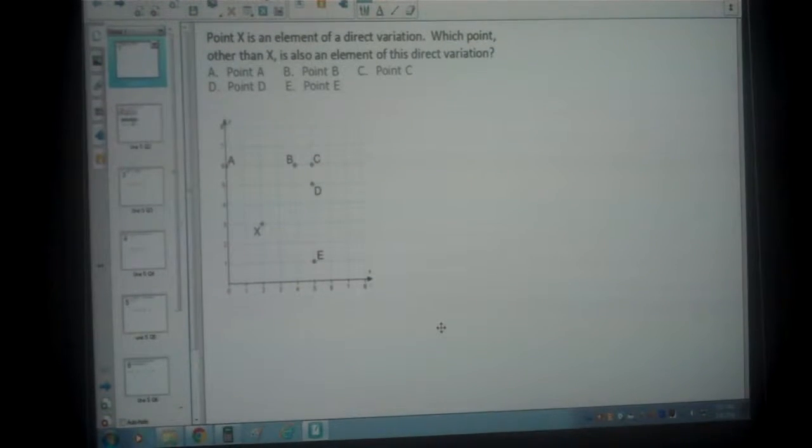This is the quarter 2 benchmark review. This is unit 5, and we're going to start off with direct variation. So it says point x is an element of direct variation, which point other than x is also an element